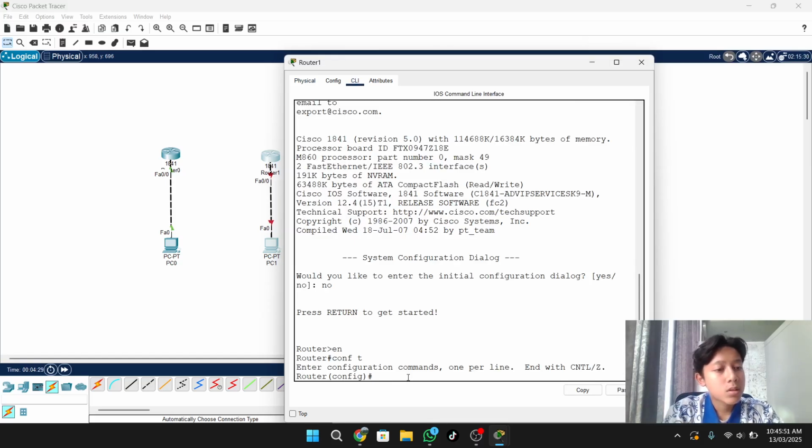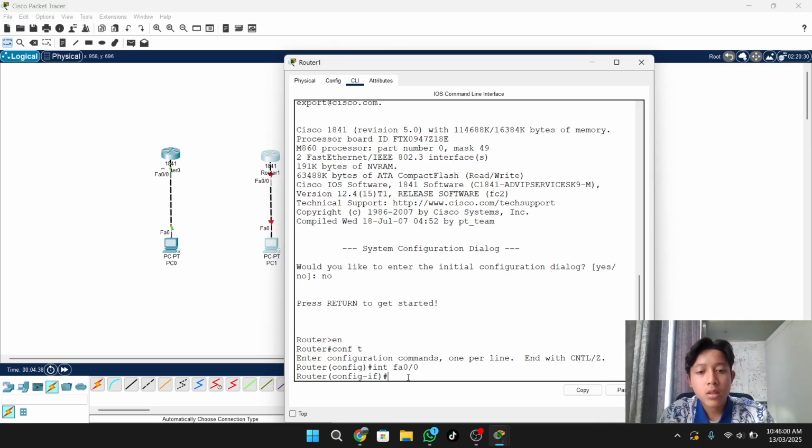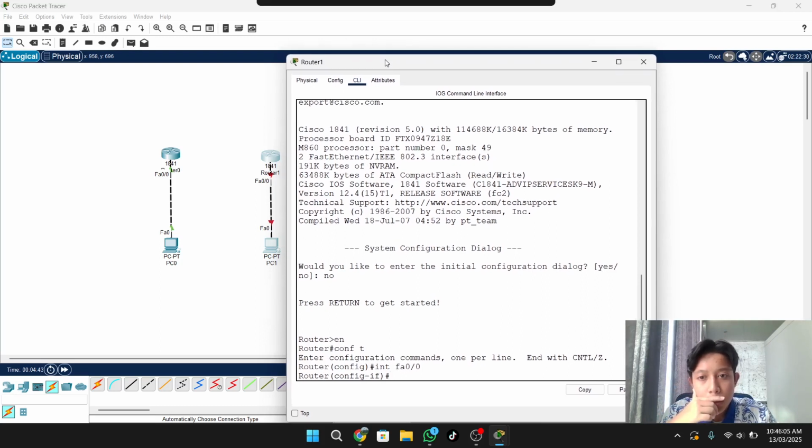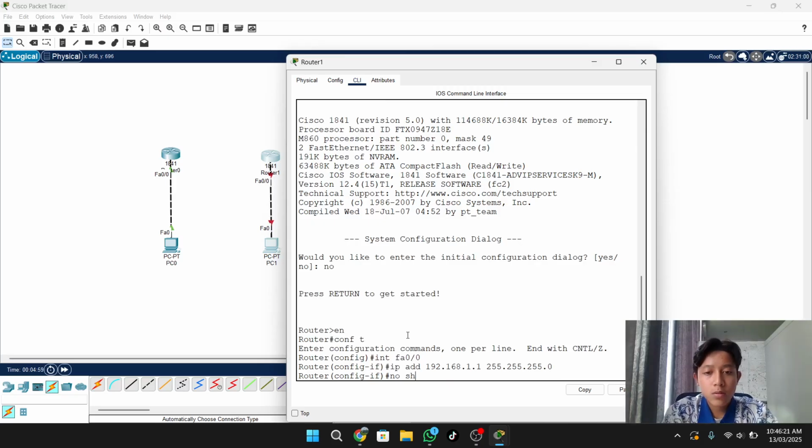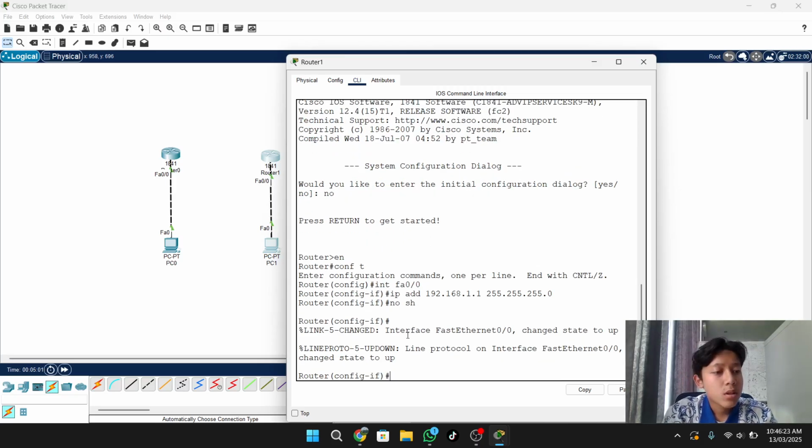After that, add the IP. Enter the Ethernet interface, and we can add the IP. For the IP, same as before, I use 1.1, and the subnet mask is the same, and don't forget to type no shutdown.